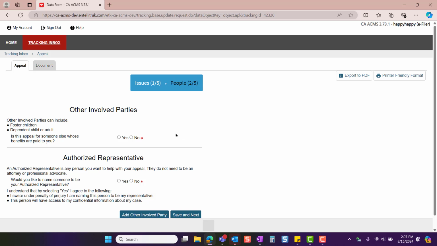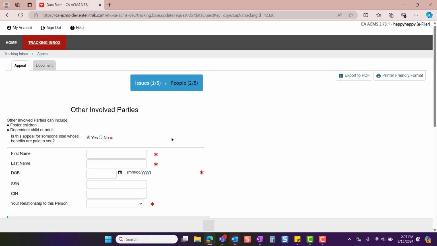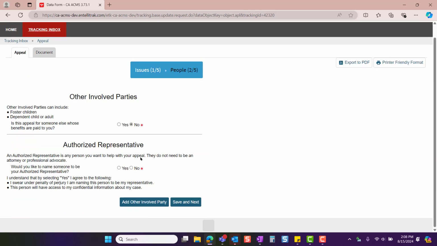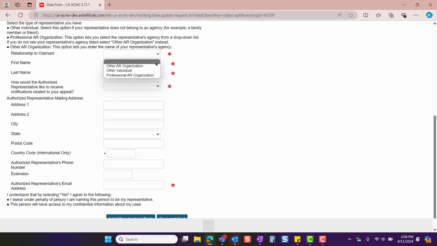eFiler can add in any involved parties. So that would be the beneficiary, a foster child, dependent child, or adult. And so then they would click Yes, and then they would fill in the information of that beneficiary. And if they would like to add an authorized representative, they would do the same thing. They would click Yes, and they would then select from the drop-down from either professional AR, other AR organization, or